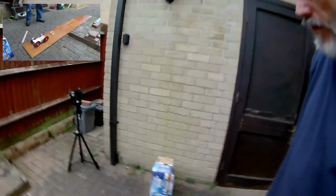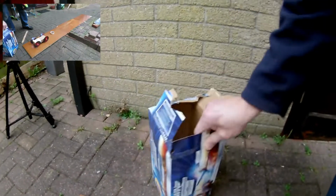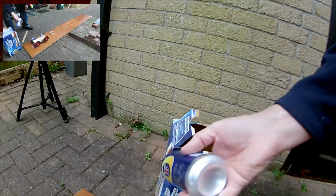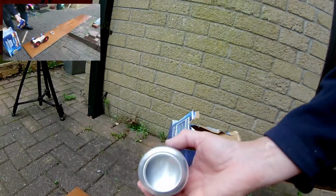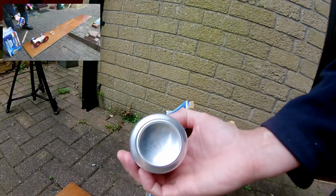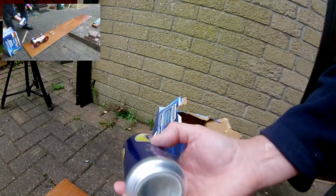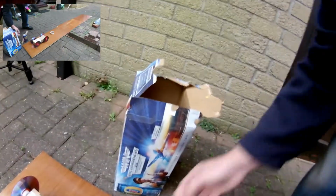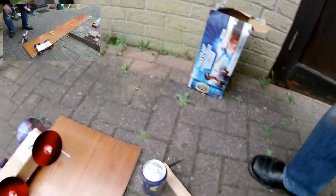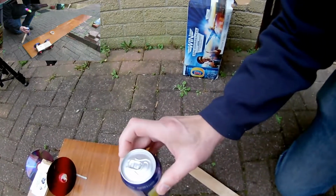What I've got is some old tins of lager that I've had in my garage for ages. The date on it says 31st of the 1st 2017, so it's well over a year old, past its sell-by date. I've actually been using these cans to make pinhole cameras, but when I open them they're a bit lively